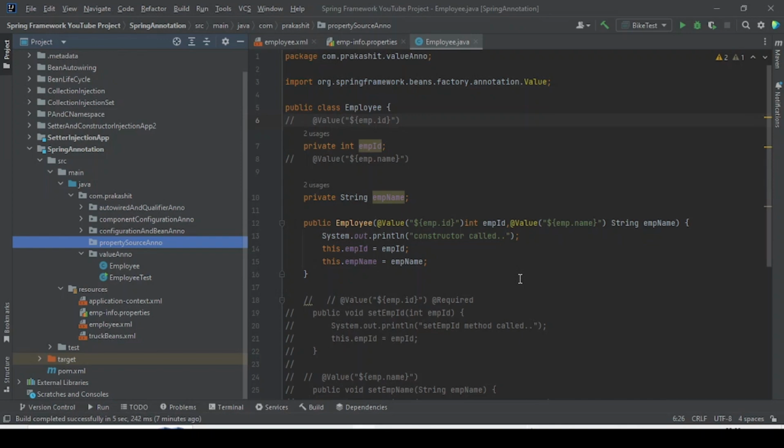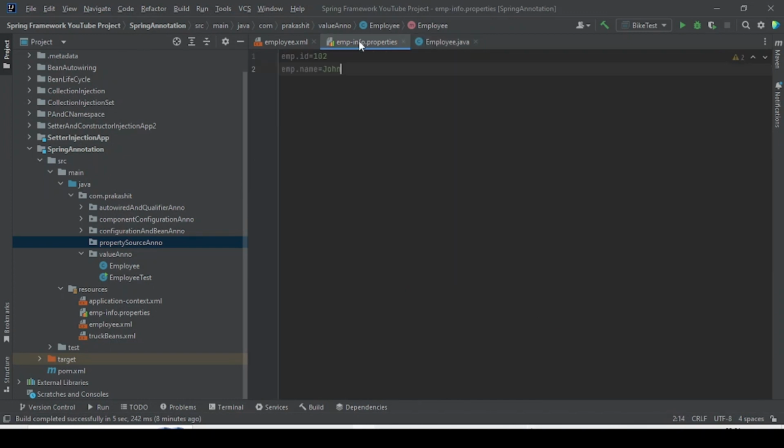Today we are going to learn about another Spring core annotation in today's video. Let me tell you what we studied in our previous class. We studied the @Value annotation to inject the primitive type value from a file, which may be a property file. For that, what we are doing is writing